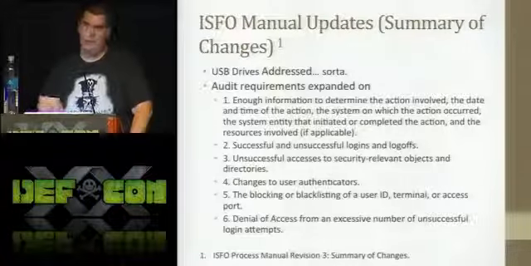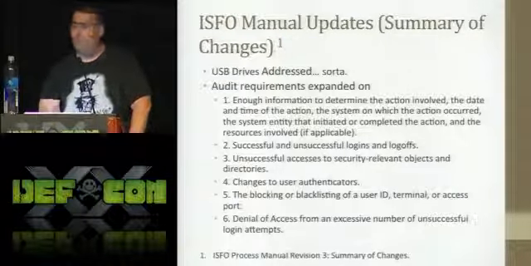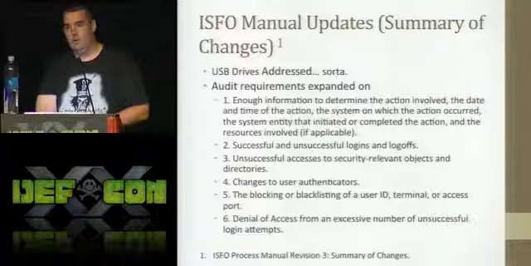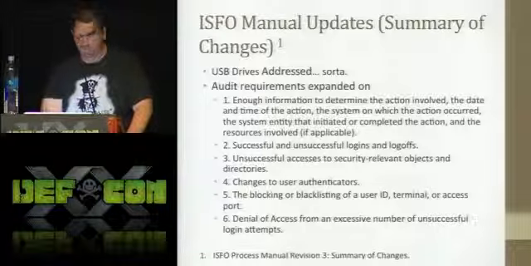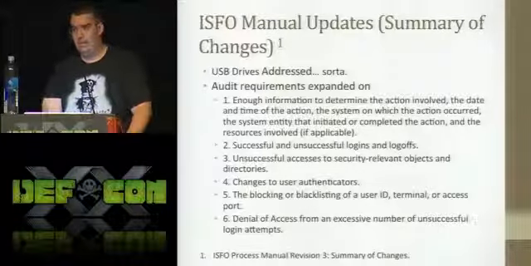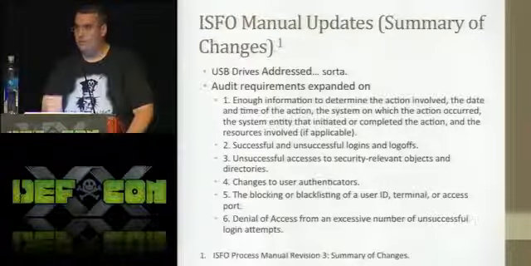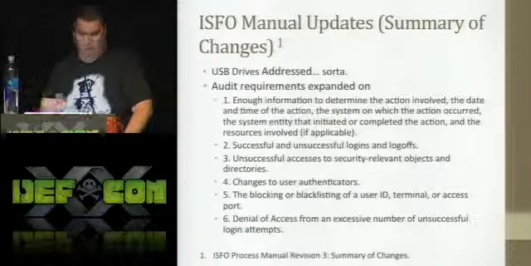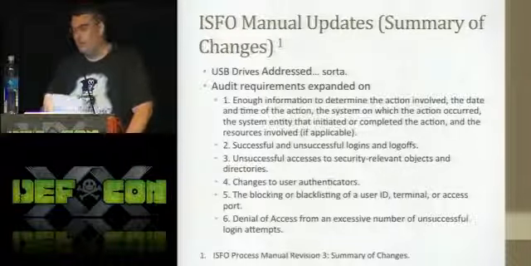But oddly enough, there's an item called DIBNet. This is for if a company's been hacked, they report the information through a system called DIBNet. If they're a big contractor, no one cares about the small ones. So only if you're a big five are you part of DIBNet. And if you do have a DIBNet console, you are required to have USB storage disabled. Why that matters between a system on DIBNet and not, nobody seems to be able to tell me the answer. From a risk standpoint, I'd like to know why. I do know why. It's DC3, and they don't want people using USB storage devices on their system.